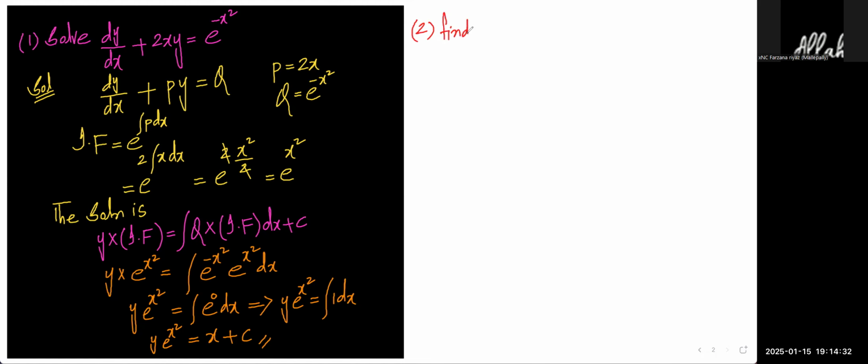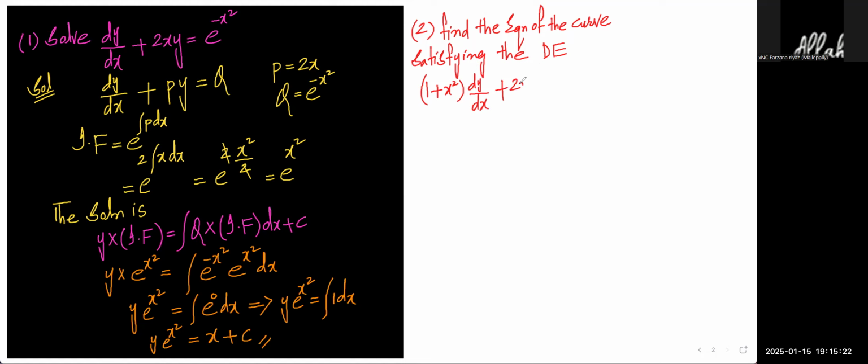Find the equation of the curve satisfying the differential equation (1 plus x square) dy by dx plus 2xy is equal to 4x square, and which passes through